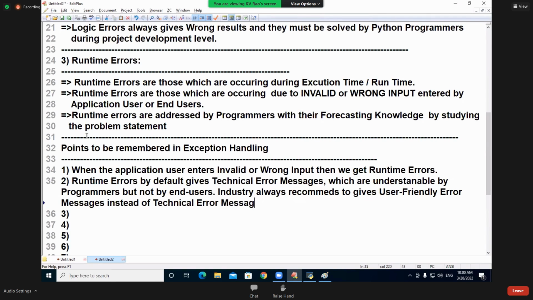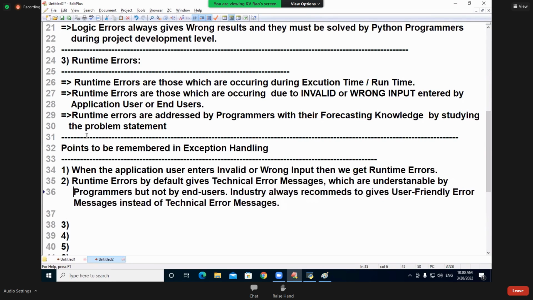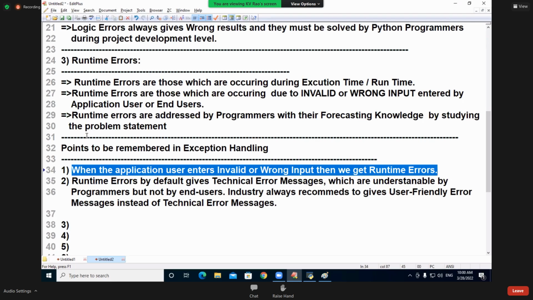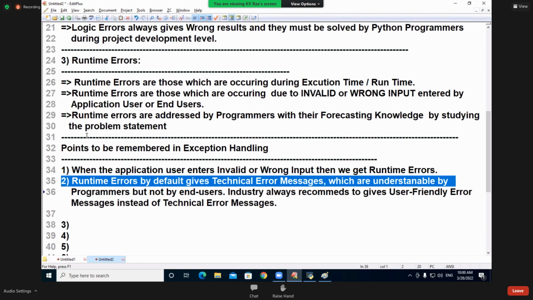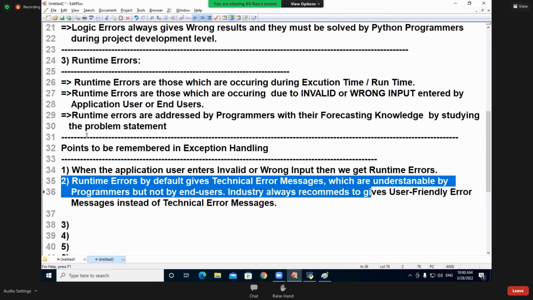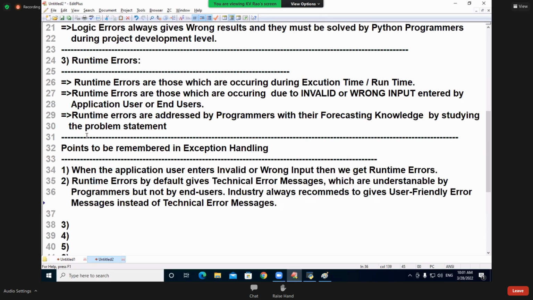When the application user enters invalid input or wrong input, then we get which errors? Runtime errors. Runtime errors always by default give technical error messages which are understandable by programmers, but not by end users. Industry always recommends to give which messages? User-friendly error messages instead of what? Technical error messages.